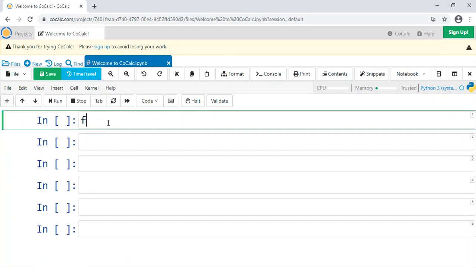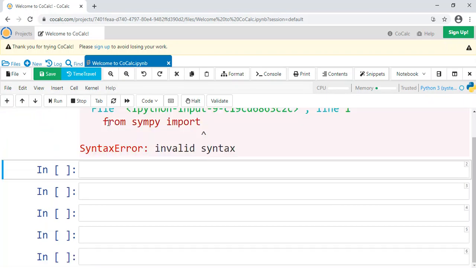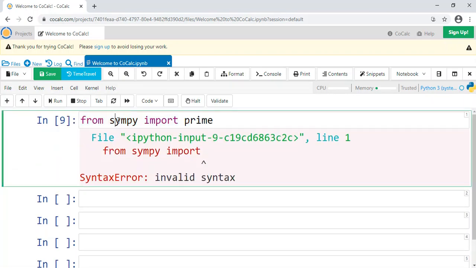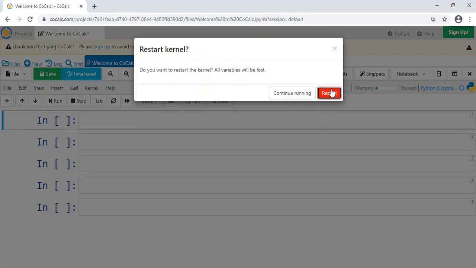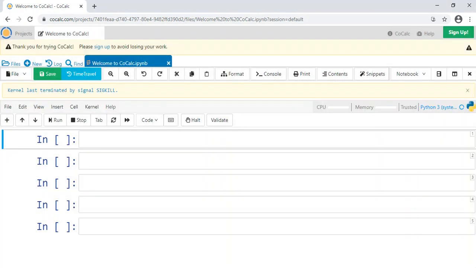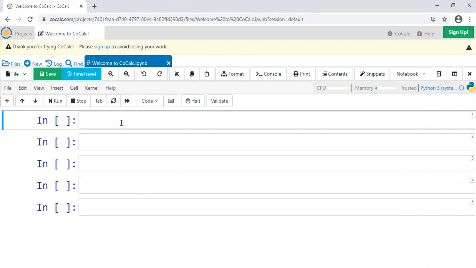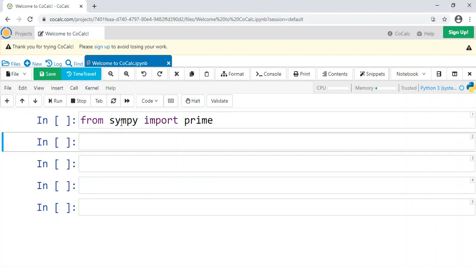All right, third, I could actually forego writing anything dot here if I instead do from sympy import, and then I can import whatever I need, right? What I need right now is prime, so I could do from sympy import prime and run that cell, except it's confused because usually you don't do all of these at once. So what I'm going to do is restart the kernel so that it will know to just restart everything. Okay, and now let's do from sympy import prime.